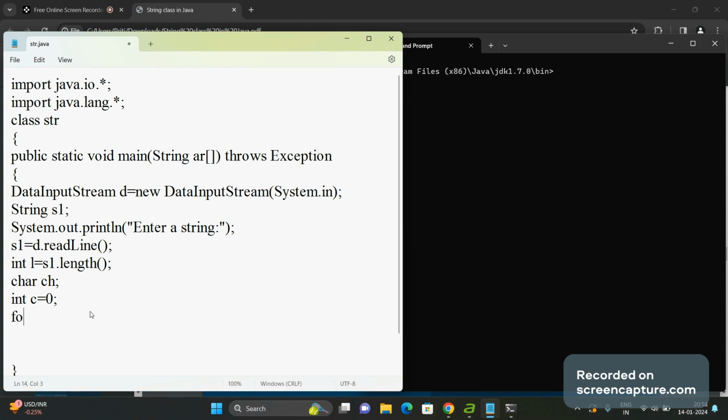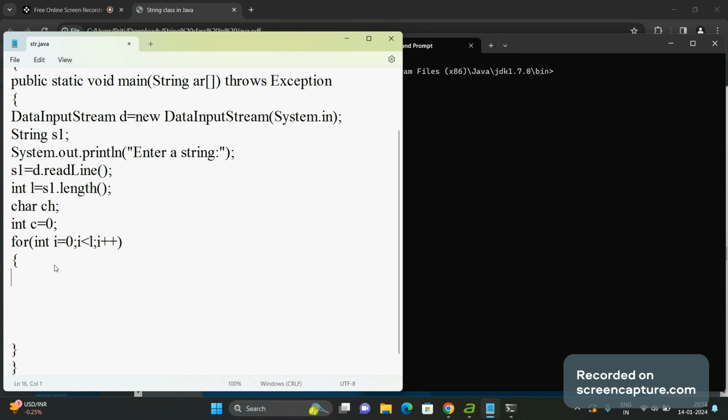Obviously we will start from i is equal to 0, the zeroth character, till i is less than L, the length of the string, covering every character in the string, so i++. From 0 to the length of the string, we have to retrieve a single character into ch from the s1 string. So we will use the charAt function. We retrieve the character from s1 from the ith position,